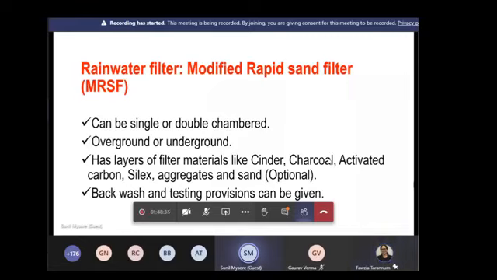Most important, where there are sandy conditions, where there is a lot of wind, is to use a good settling tank. The settling tank must be equal to at least 1 liter per square meter. So if you have a roof area of 200 square meters, have a settling tank of 200 liters, so that every time it rains, the 200 liters of water is not getting into the filter. It just gets into the settling tank and is either used for secondary purposes or thrown out. Silt gets trapped there.